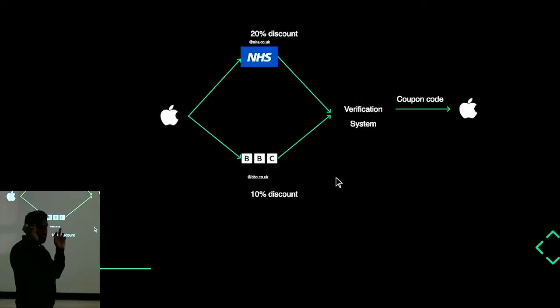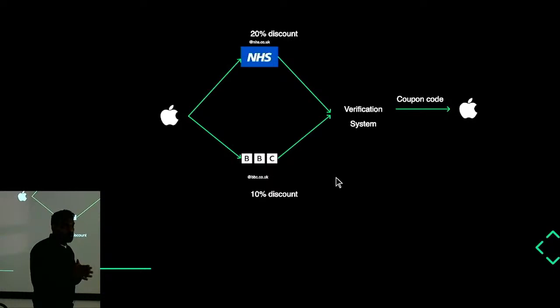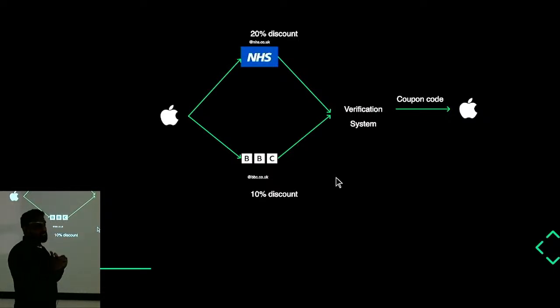First of all, just to explain what the e-verification is, here is a sample of how the system would look, right? Imagine I work for Apple. Apple decided to build a system for all organizations to have some kind of discount based on where they work, or based on the organization and Apple agreeing on some employee benefit. Say, if you work for NHS, Apple wants to give a 20% discount. So that's between NHS and Apple. They agree on some agreement, and then